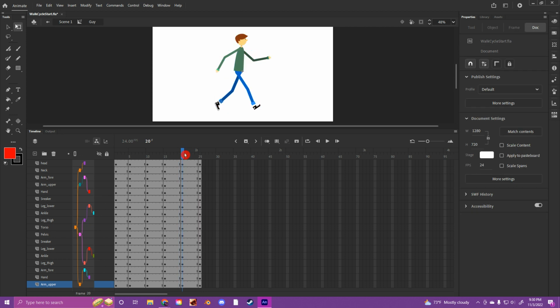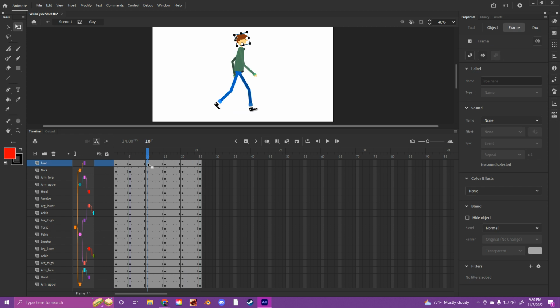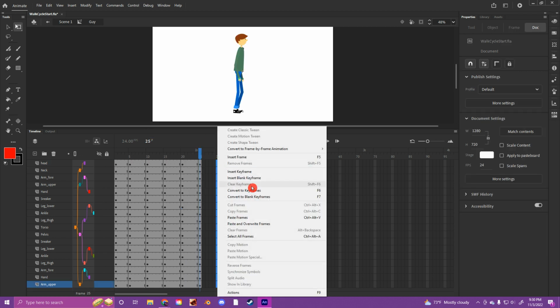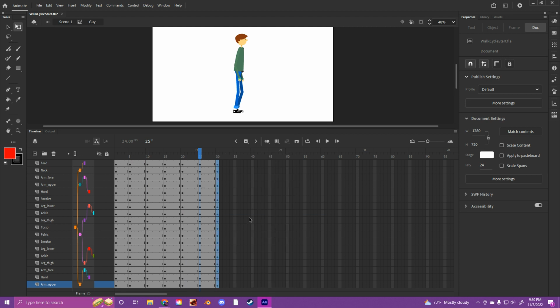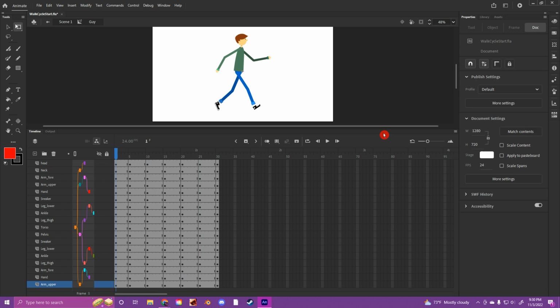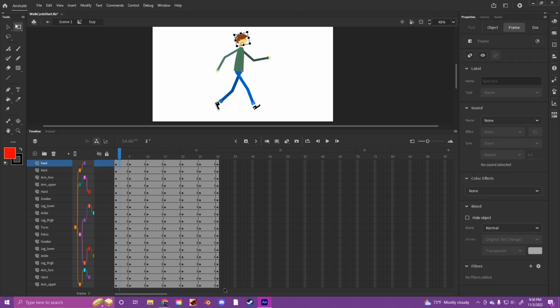So this leg is in the back and it should be coming forward. So I'm going to do it every 5 frames. So paste frames. Okay. Alright, once I have all that done,